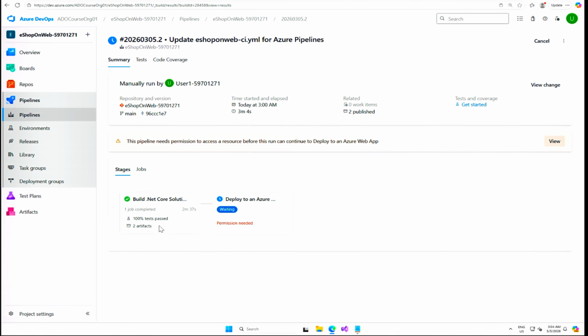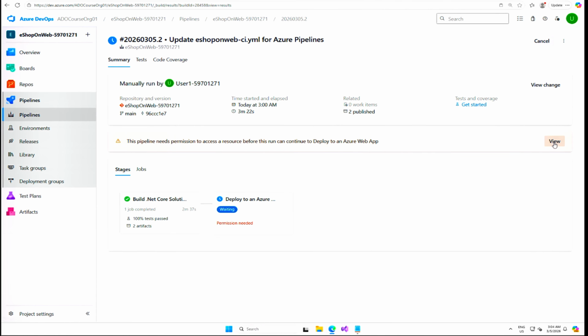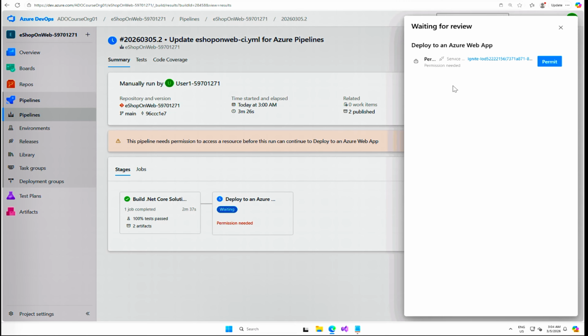Go back. The build job, the first one, completed. The second one is waiting for the permission. So select this one, or you can go back to the top level. You can also go from here. Also view. Here you can see the view option. So select view,